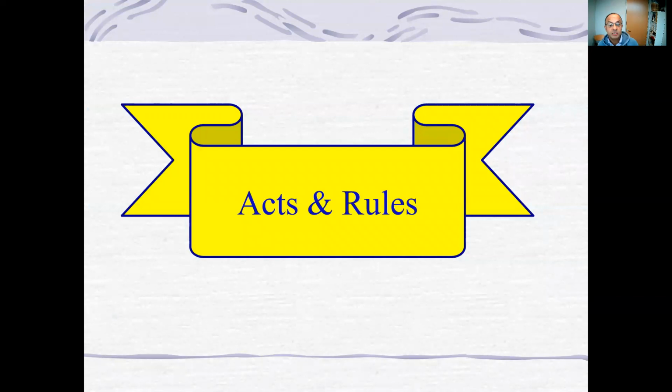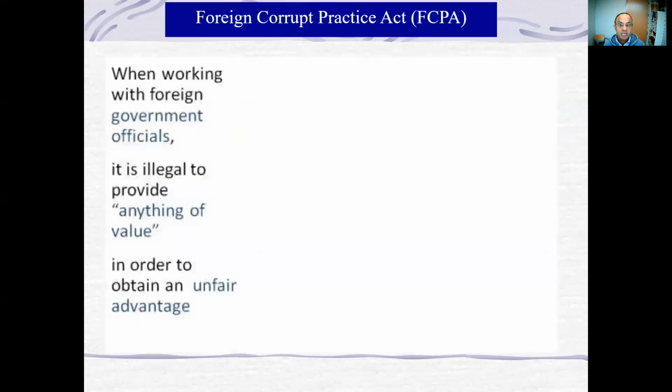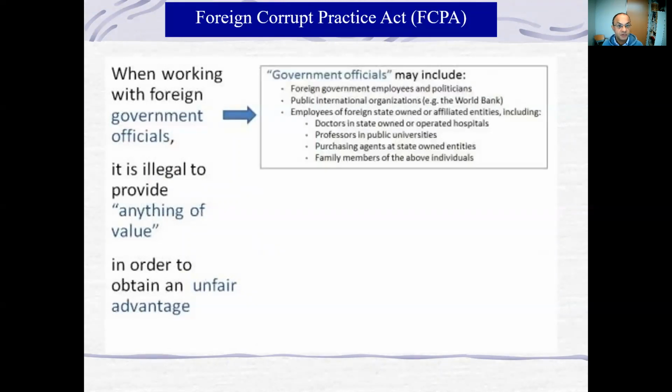Finally, what are the different regulations that have been promulgated in the area of risk and control? The most popular one, issued in 1977, is the Foreign Corrupt Practices Act, which was mainly placed for governmental officials to prevent them from taking anything of value in order to obtain unfair advantages. First of all, we need to know who the governmental officials are, and the Foreign Corrupt Practices Act was